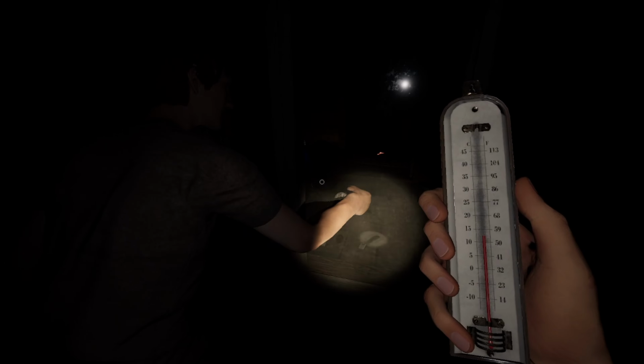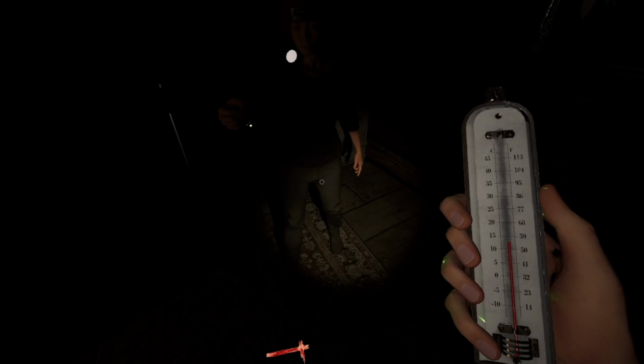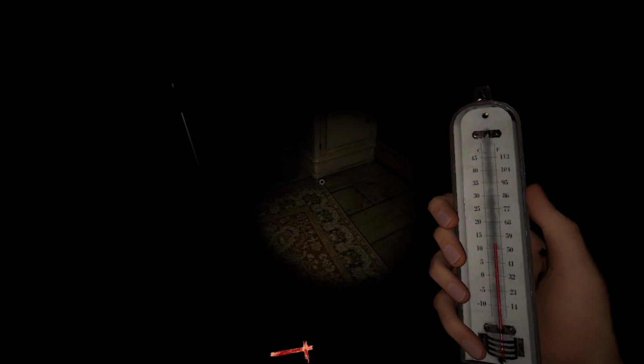I like this change since while I did use the thermometer to find the ghost room previously, that's all I used it for. So to have it be used for longer than just finding the room makes the items feel more important. The other items we got to play with is the new EMF, a little dial box that makes